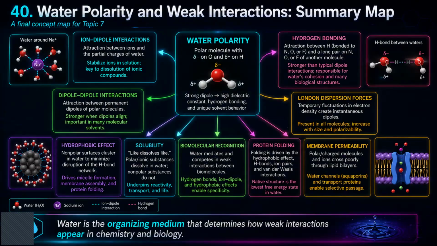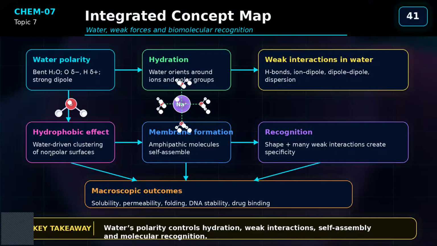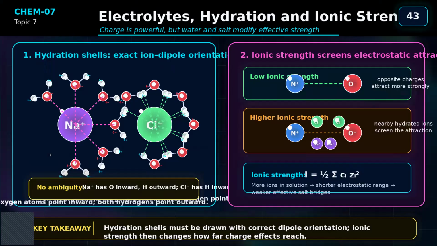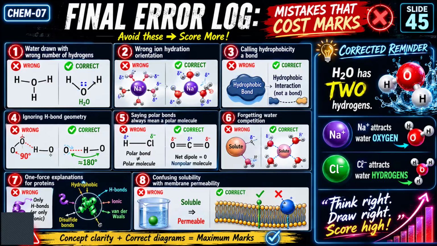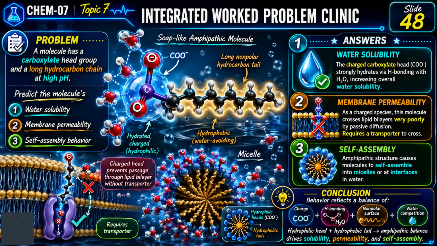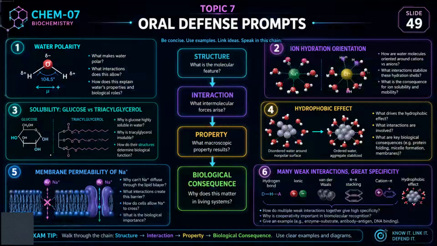Weak interactions play a very important role as well through hydrogen bonding and of course, clumping up of organic compounds. And there's a few concept maps and basically recap parts, but the rest is just for self-study. There's a bit of a final log, multiple choice questions, a few graphs and whatnot. But I think that's usually left for